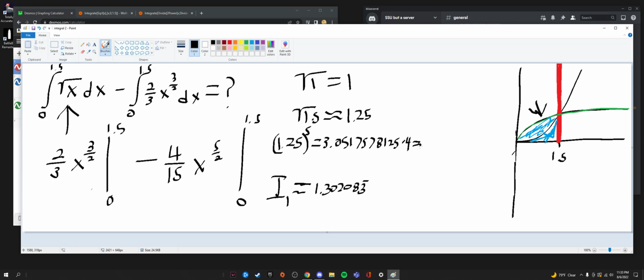Okay. It is equal to 12.20703125. Now, of course, we have to take that and divide by 15. So we take this, divide it by 15, and this is equal to,